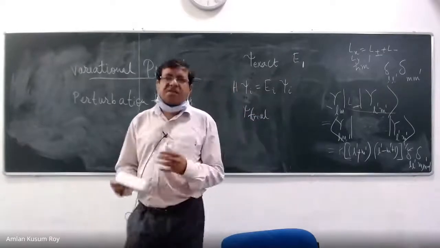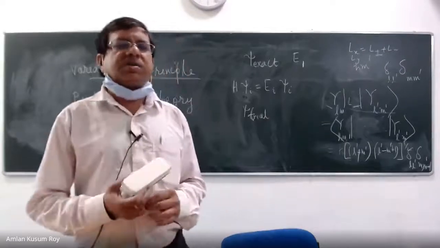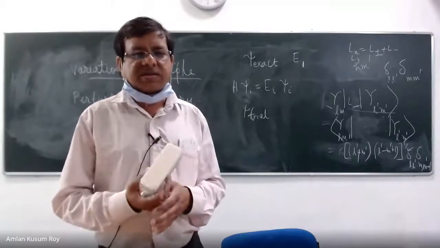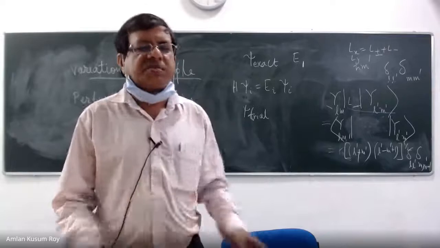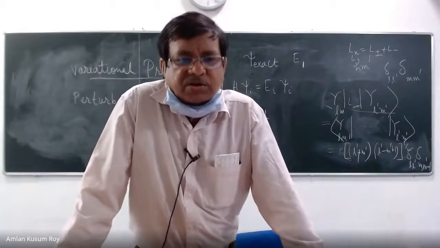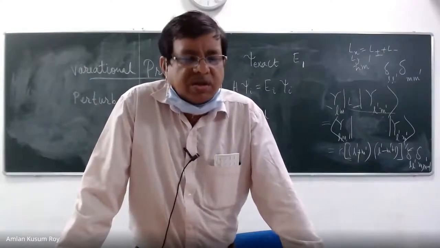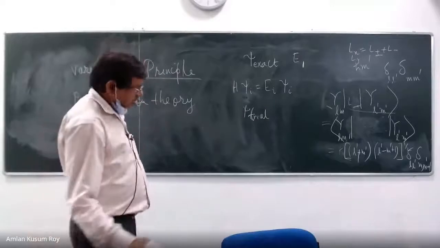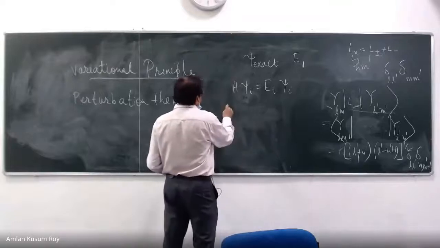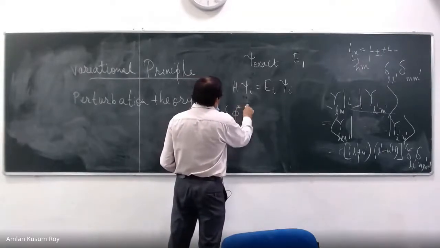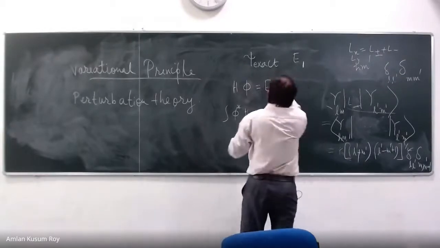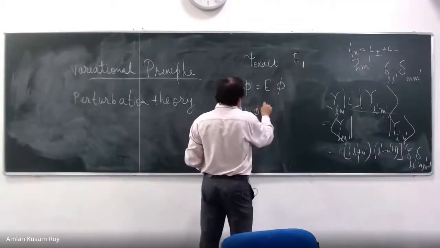So the variational principle tells you that just having a trial function is not enough. It also has to satisfy certain conditions. So the variational principle tells you whether you can accept this trial function. It puts certain constraints on your trial function which it must satisfy. And what are the conditions? The variational principle states it very simply. Phi star, if the solution is written as H phi equals E phi, then the integral of phi star H phi d tau.